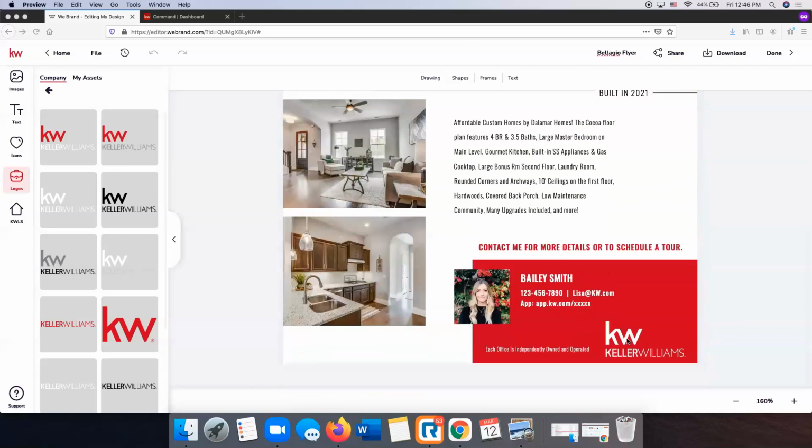Typically, I think you have to have the KW logo. I think you have to have this slogan on there, but your office, your state, your board, they may require additional information. So you definitely need to check on that. And then somebody asked